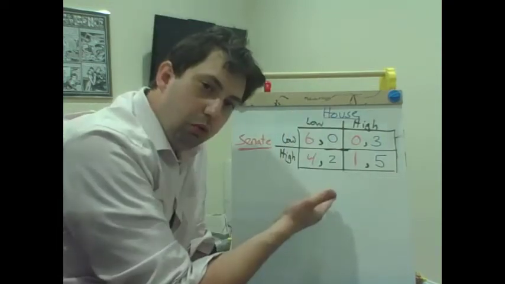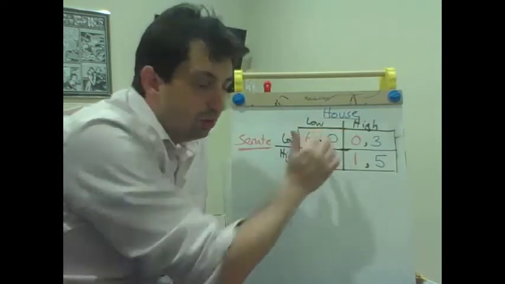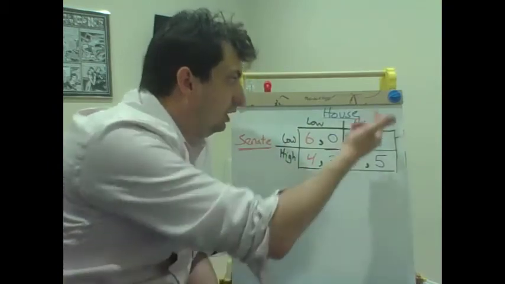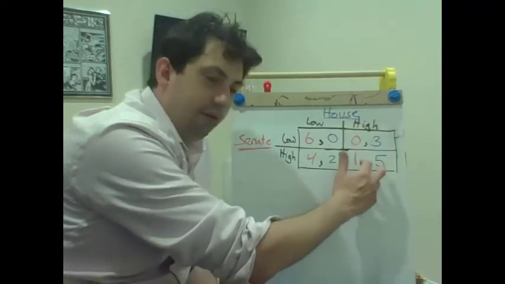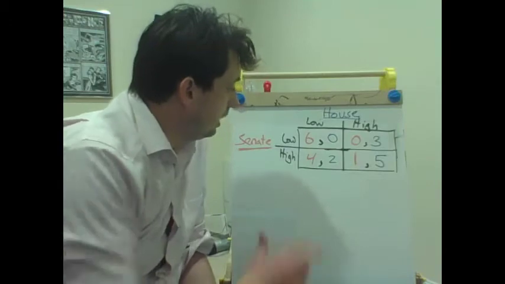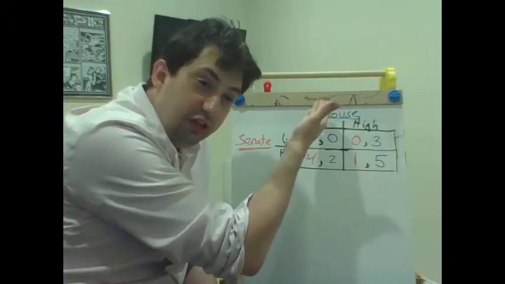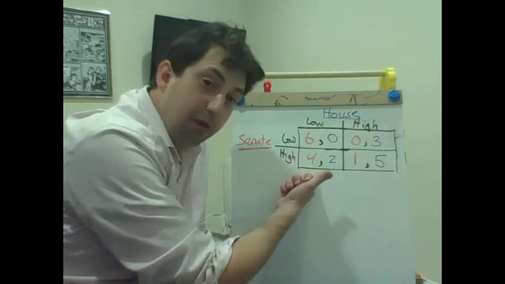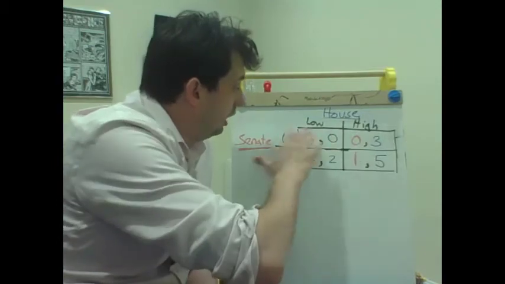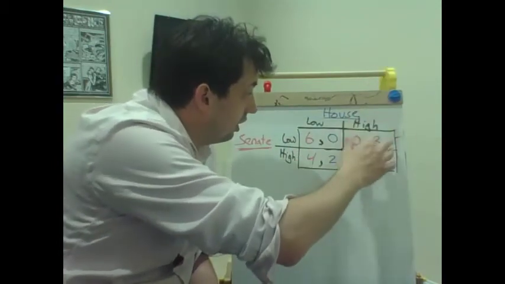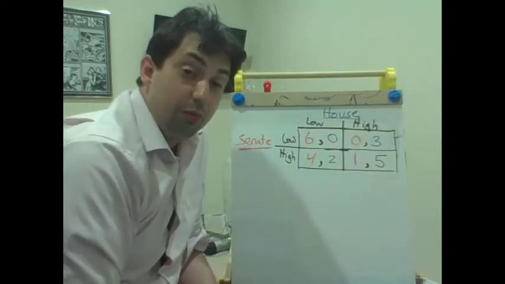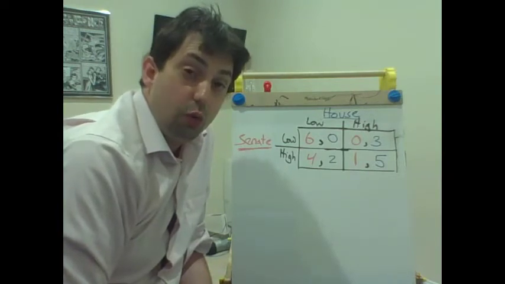If the House insists on a low spending bill and the Senate insists on a low spending bill, the Senate is really happy, House is okay. If the Senate insists on a high spending bill and the House insists on a high spending bill, then a 1-5 payoff. The Senate is pretty happy, the House is really happy. If the House insists on low spending, the Senate insists on high spending, they disagree, and in this scenario, the Senate likes it a lot more than the House. And then if the Senate insists on low, the House insists on high, the House is happy and the Senate is pretty neutral.